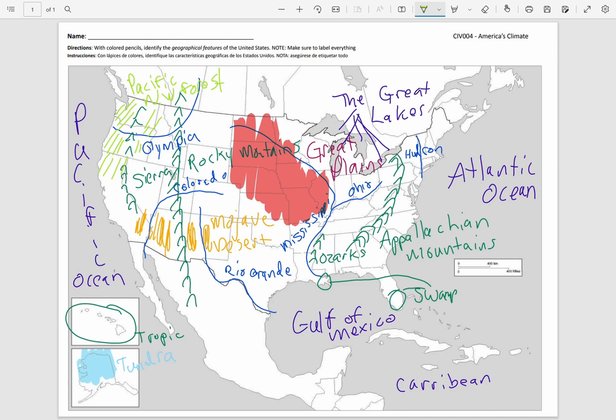So these are the major geographical features of the United States. As you mark it on your paper, make sure to write what they are, and just remember, you could see here that the United States is very diverse. You got desert, you got forest, mountains, plains, more mountains,